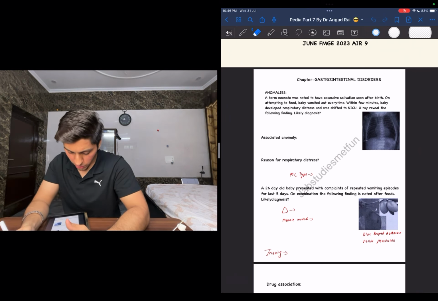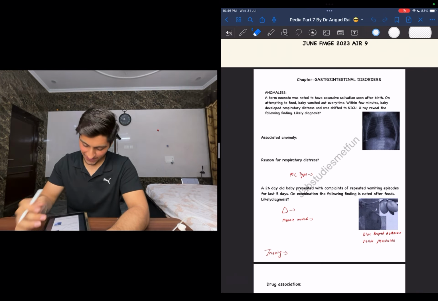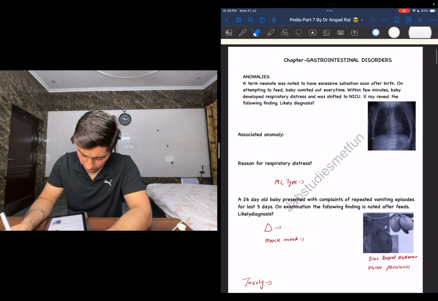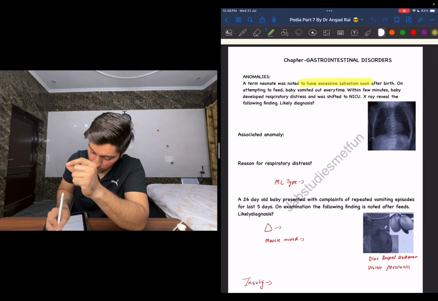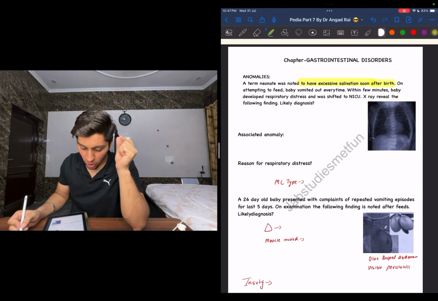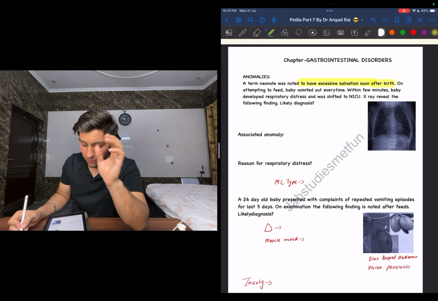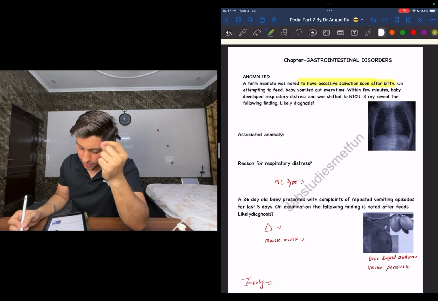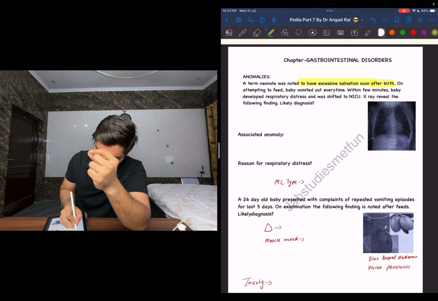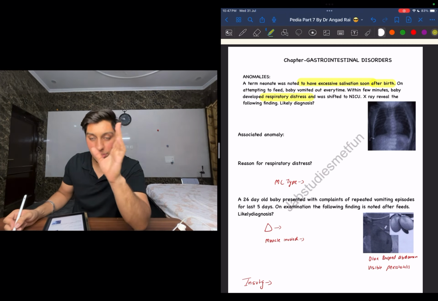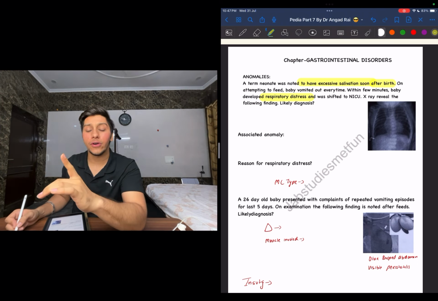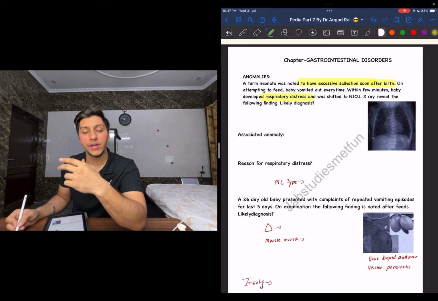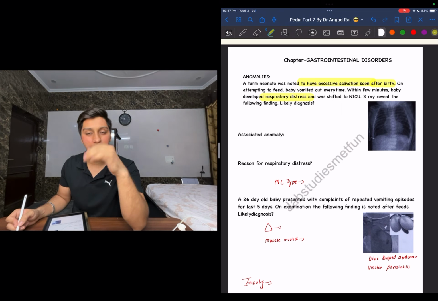We'll start with a question, guys, and let's see how it goes. A term neonate was noted to have excessive salivation. First think of the question, excessive salivation after birth immediately. On attempting to feed, baby vomited out everything. Within few minutes, baby developed respiratory distress and was shifted to the NICU. X-ray revealed the following. So what we found out, guys, after birth, baby was feeding and was vomiting and excessive